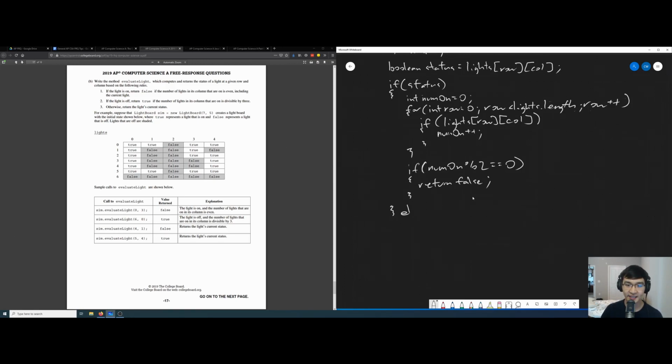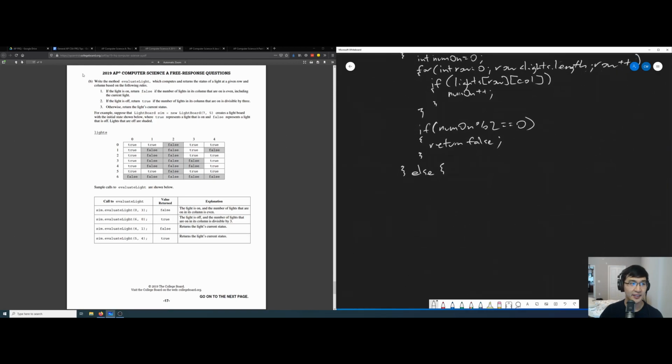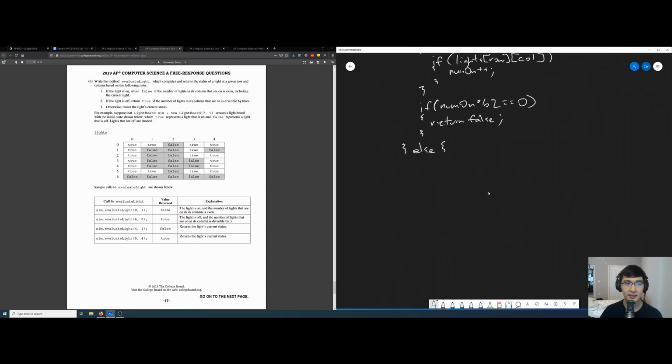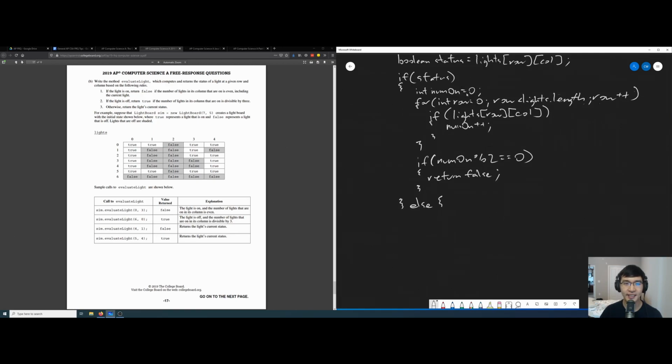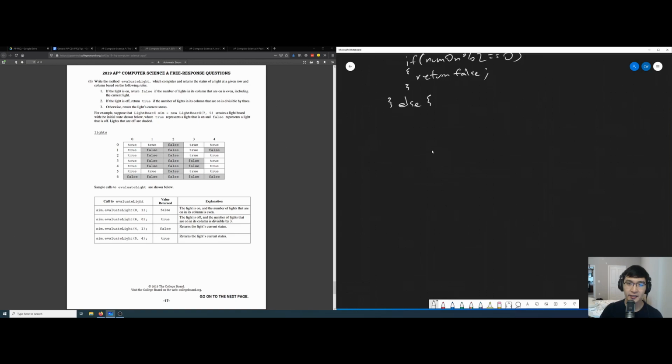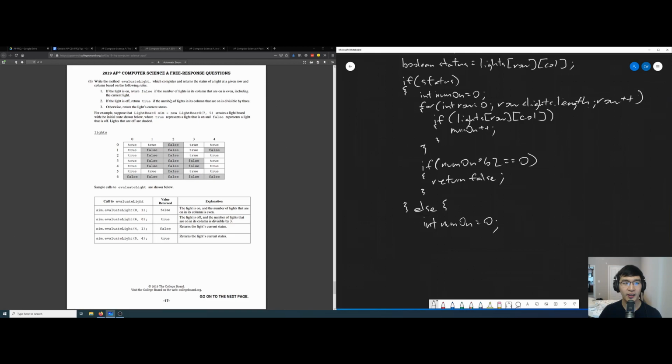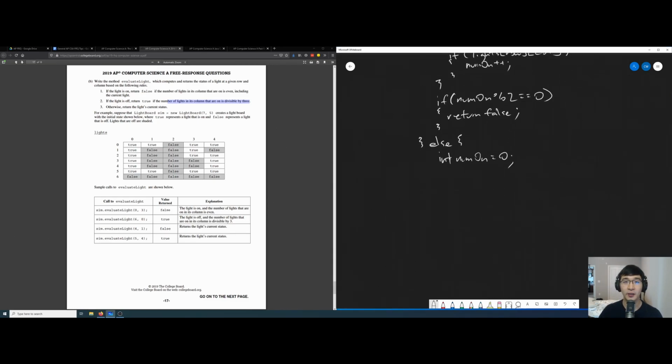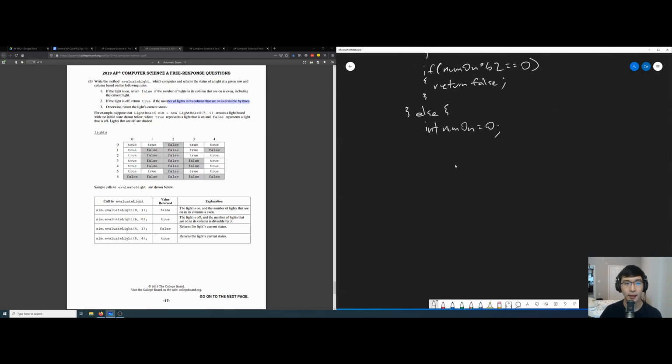Alright, so if status is off, right? So else, this is the second test case. If it's off, return true if the number of lights in its column that are on is divisible by 3. Wow, I could probably simplify my code by having this num on outside the if, but, you know, time crunch. Do it again. Int num on is 0. Or what could I do is I could just automatically calculate the number of lights, right? Because I had to calculate the number of lights in the column that are divisible by 3. Wow. Alright, I'm going to continue writing code, but after I write this code, I'm going to go ahead and